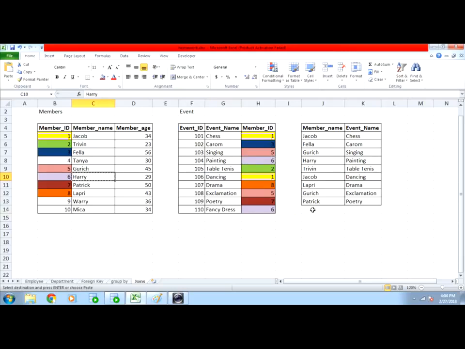Harry is participating in 2 events. He went for painting and is also going for fancy dress. This is how inner join works. It will only display the records which are common in both the tables. It will not take care of those records which are not in common.